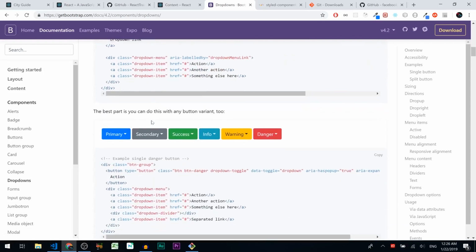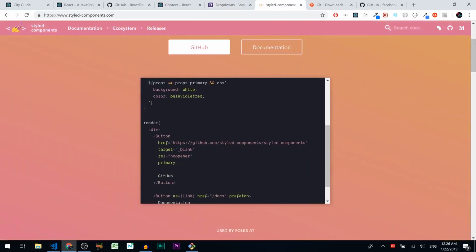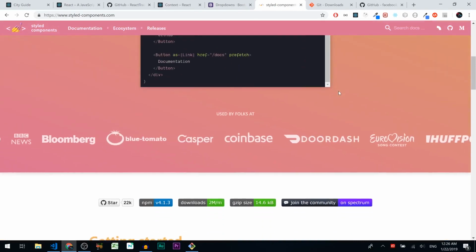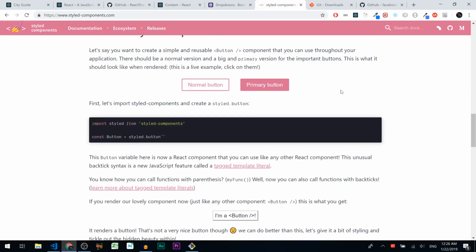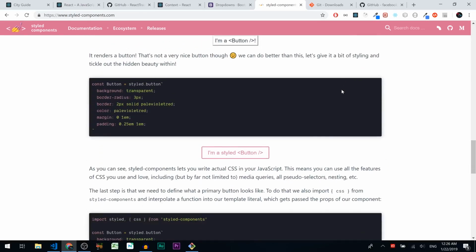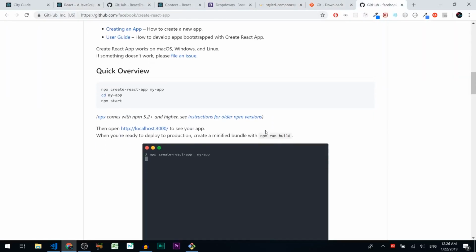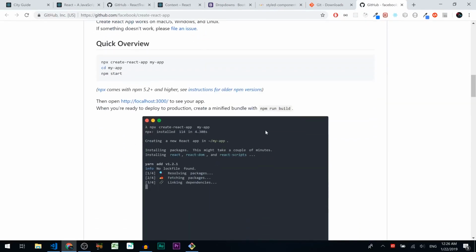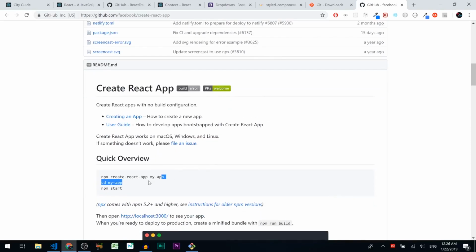And another tool which we will use for styling is called Styled Components. Styled Components is a powerful tool to write CSS in JavaScript. With Styled Components we can put logic in styles. Later in the process I will show and explain in detail. Now let's create our project. To create the project we will use Create React App. Create React App is a tool which is built to help you create a React application. It saves you from time-consuming setup and configuration. You simply run one command, and Create React App sets up the tools you need to start your React project. Let's open the terminal.